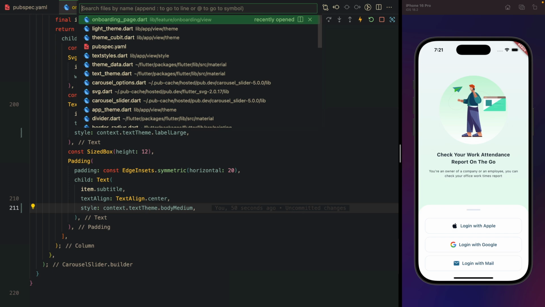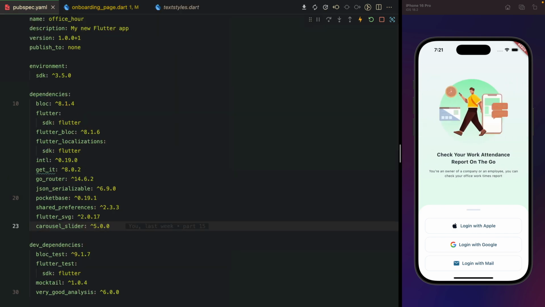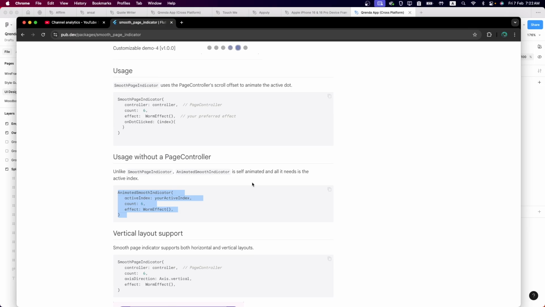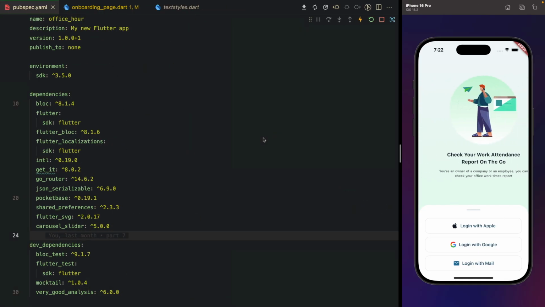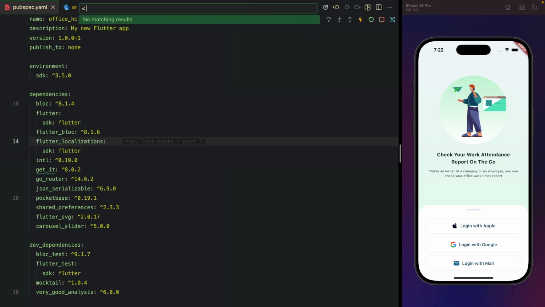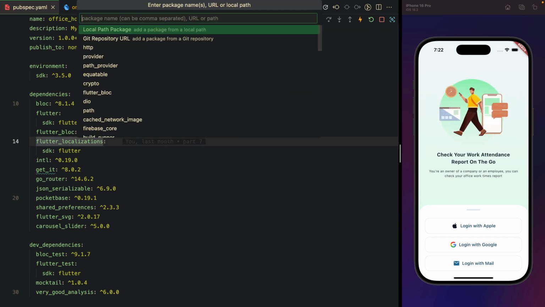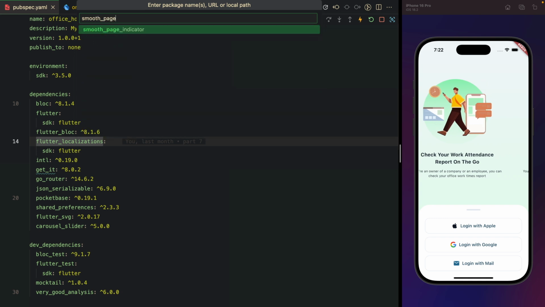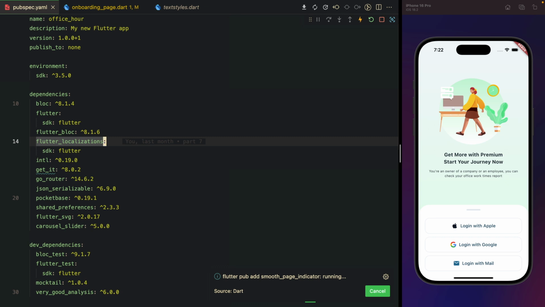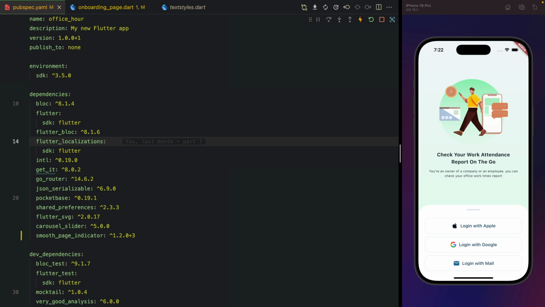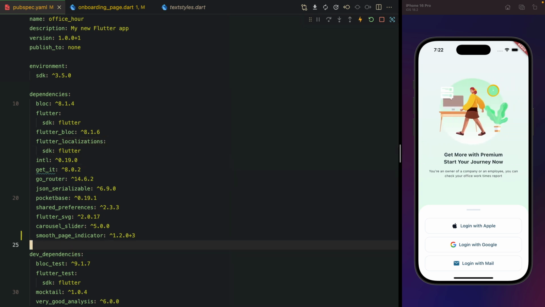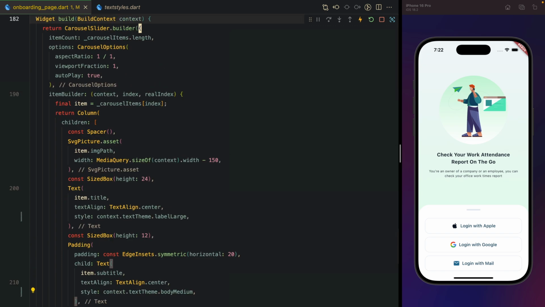Cool. Now go to pubspec.yaml, and you need to add this dependency here. So it's smooth_page_indicator, but I'm going to use my VS Code to add the dependency. So smooth page indicator, and it will automatically add the dependency. This little VS Code thing makes me happy, and I don't need to manually copy and paste, and it also doesn't mess with my current Flutter version. Anyway, so now if we move back to our code,